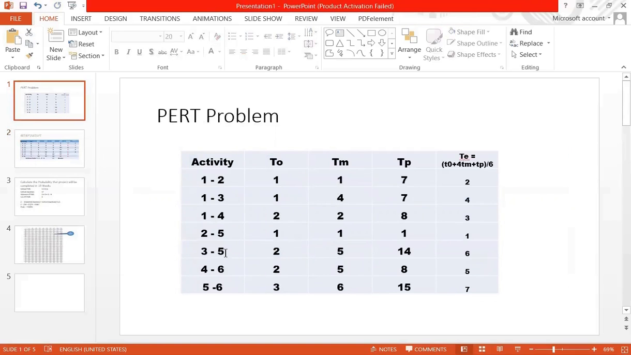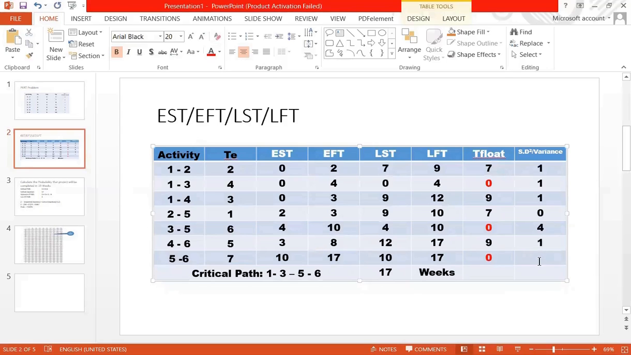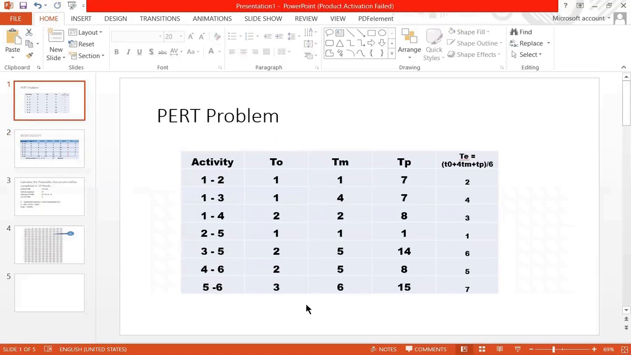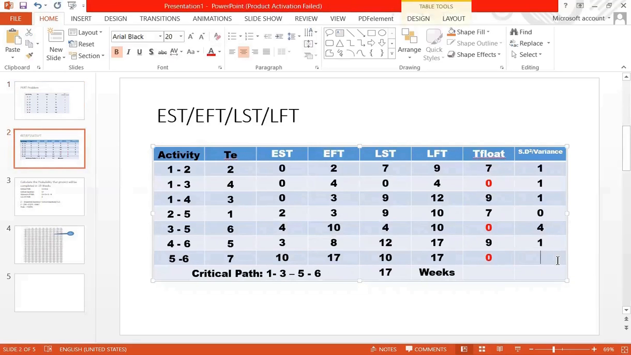नेक्स्ट एक्टिविटी हमारी है, उसका वेरिएंस निकालने के लिए 8 माइनस 2 6, और 6 डिवाइड बाय 6 इज 1, तो इसका वेरिएंस भी 1 ही आया। सिमिलरली लास्ट एक्टिविटी का वेरिएंस निकालते हैं हम, 15 माइनस 3 दैट इज 12 एंड डिवाइड बाय 6, तो 2 आ गया, तो 2 का स्क्वायर 4, ये हमारा सबका वेरिएंस निकल आया।